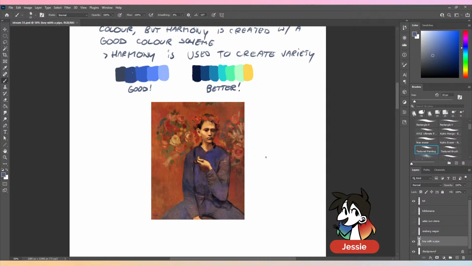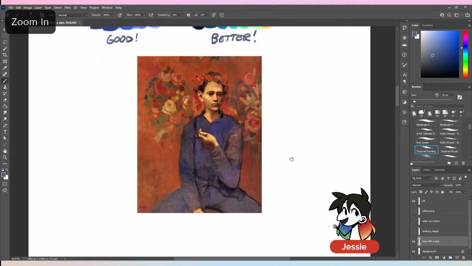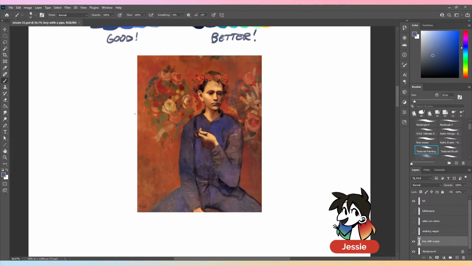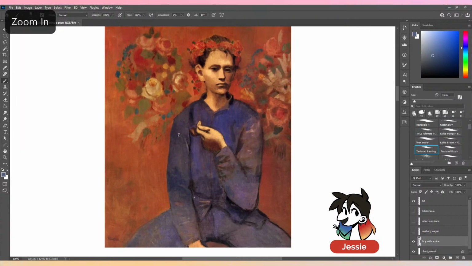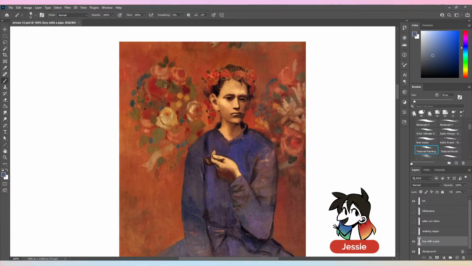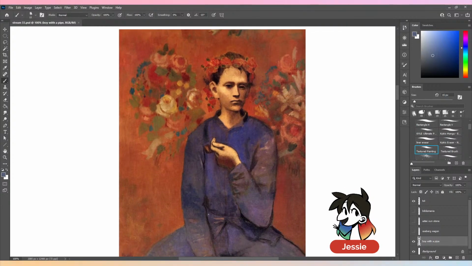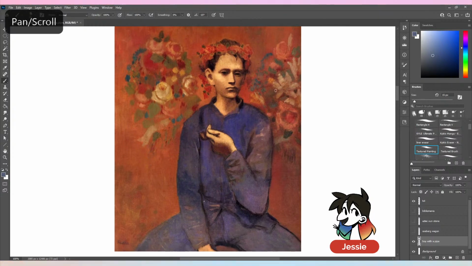But yeah, so even though we're more familiar with his Blue period, he also had a Rose period. What's interesting as well is that this entire piece feels very, very warm, not just because of the orange underpainting, not just because of the majority of the warm colors being used, but what's funny is that these are also complementary, right? You got your blue, you got your orange, or violet and orange, right? Which is apparently, as I've learned today, the proper complementary palette colors from a more contemporary palette,